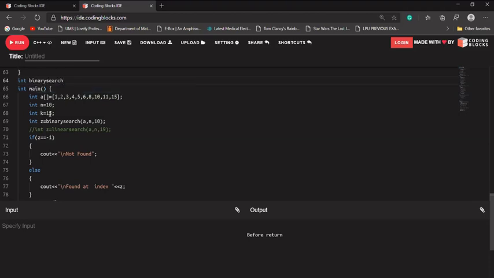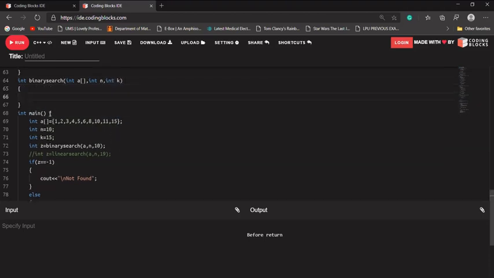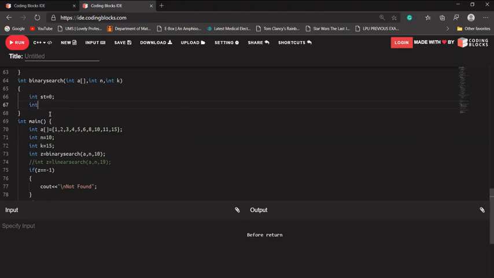Let's try to design binary search. Write int a, int n, and int k that needs to be searched. At the start, value will be 0, and our int end will be n minus 1.